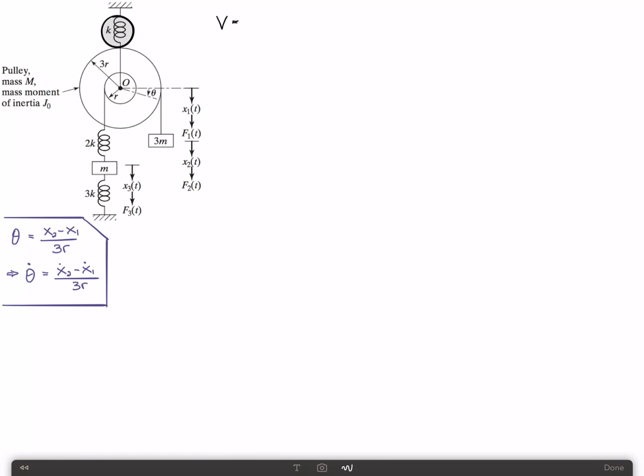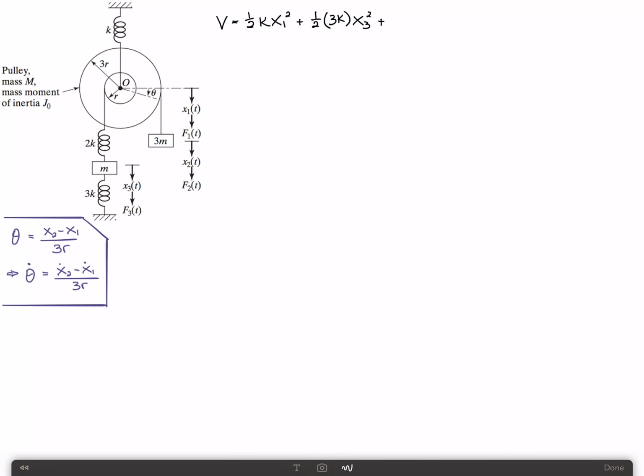So the first spring, the spring at the top, would give an energy of 1/2 times k times the deflection of that spring squared, which is x1 squared, plus, looking at the spring at the bottom, 1/2 times 3k times the deflection of that spring squared, which is just x3 squared,